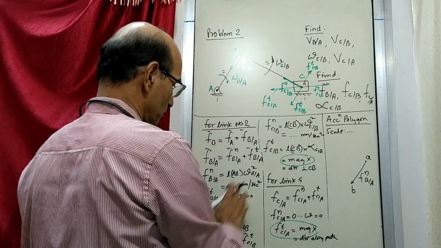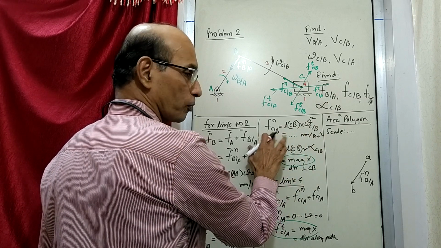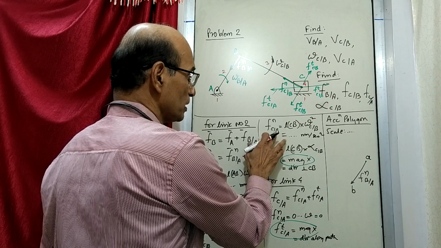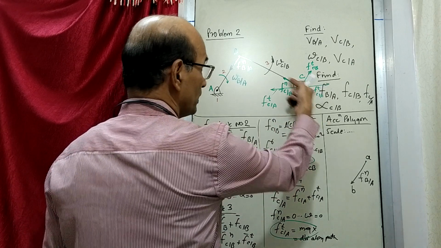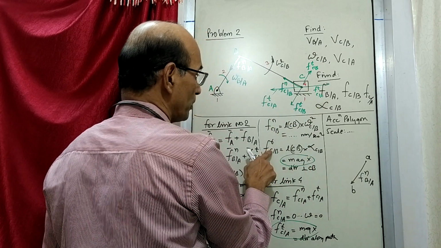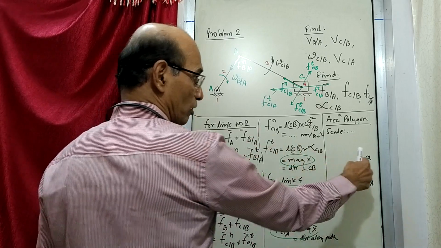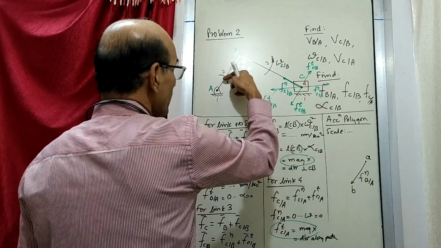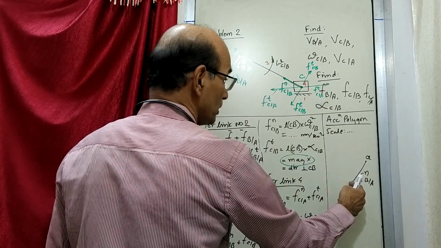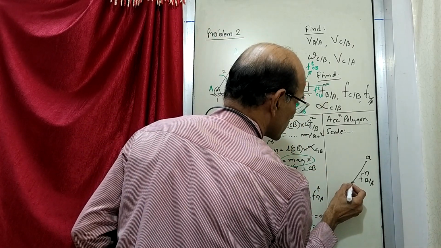Now come to this part, link number 3. In the case of link number 3, normal component of C relative to B is known. It is from C to B, capital C to capital B in the linkage diagram. We have already shown this vector. Now this vector we have to show here, capital C to capital B here, here opposite, small b to small c. Like here also it was opposite, B to A, then A to B. C to B, now here b to c. So from b to c in this direction you have to draw. So we will draw it like this.